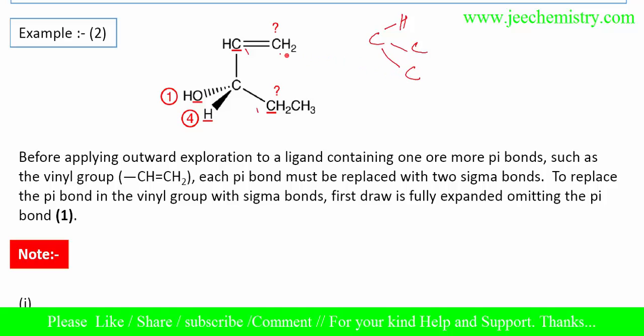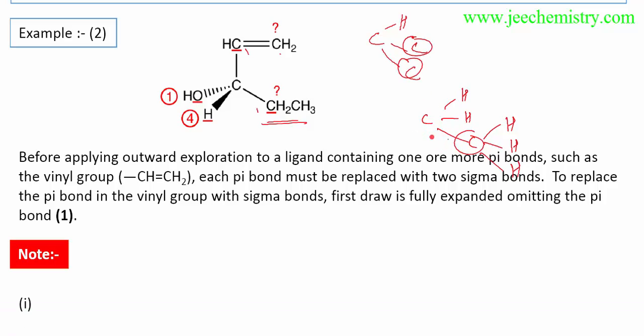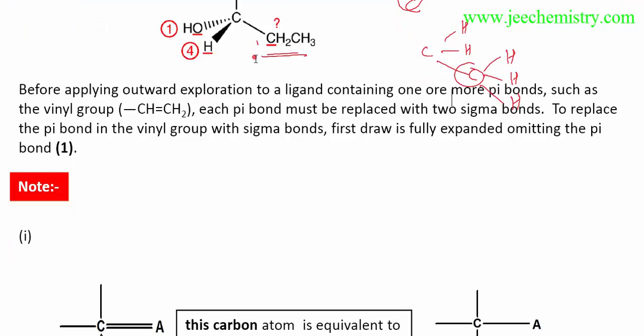In this way we have to consider these 2 carbons. Now this is how they are attached, CH2 means this is C. Here 2 carbons are there, here only 1 carbon is there. This carbon is attached with only 1 carbon, and this carbon is attached with 2 carbons, so this will be higher priority, but I will explain one by one.